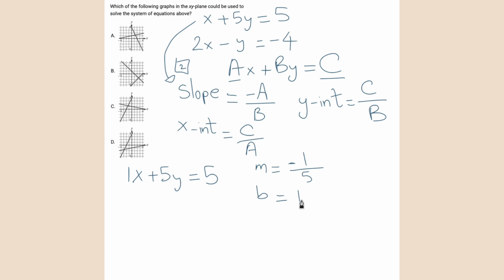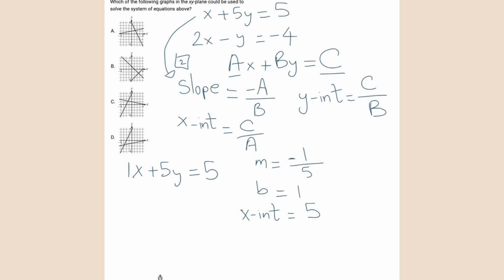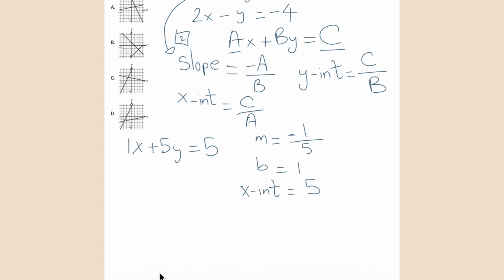Let's also find the x-intercept so that we can calculate it easily on this graph here. The x-intercept equals c divided by a, which is 5 divided by 1. It will be 5, okay? And let's apply this similarly on the other equation, which is